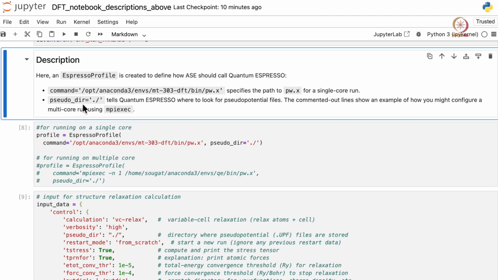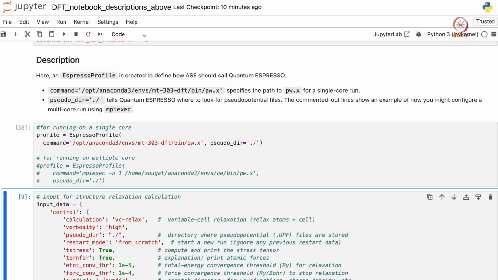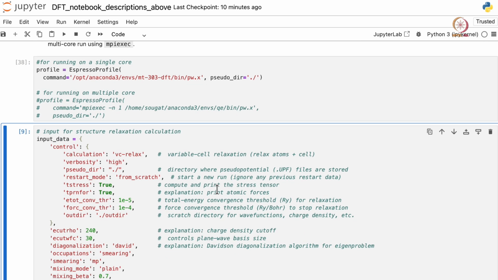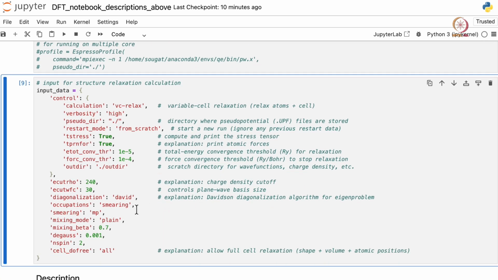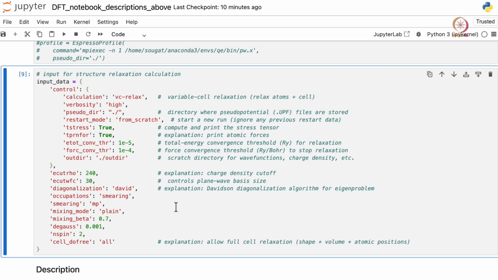In this cell, we have the input data. The calculation type is vc-relax, and pseudo_dir is the directory where pseudo potential files are stored.